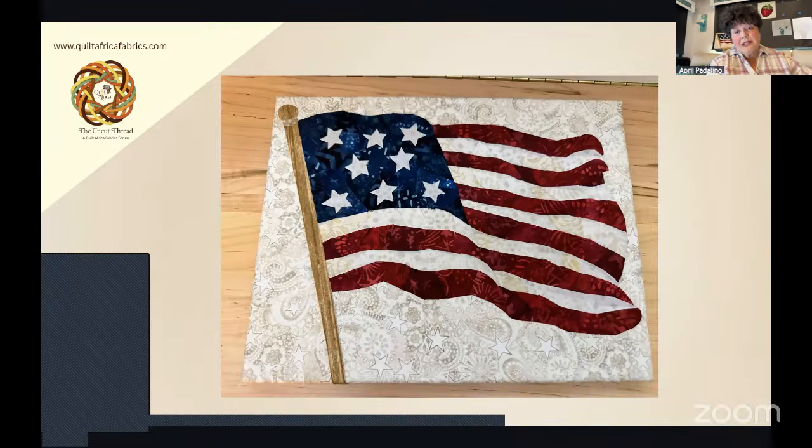This one is my simpler version, but I also have created more samples to show how by adding shading and highlights, shading when the flag is moving away from you and highlights when the flag is moving towards you, that can create a 3D effect in your fabric collage. And that's where the value mapping comes into play to help create the movement.